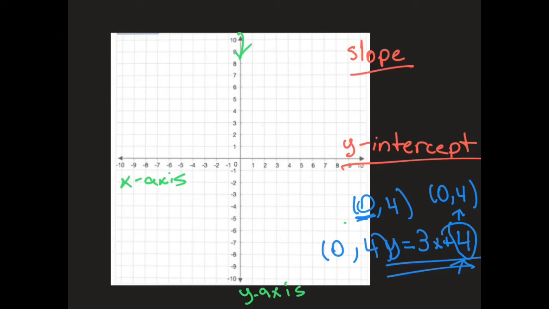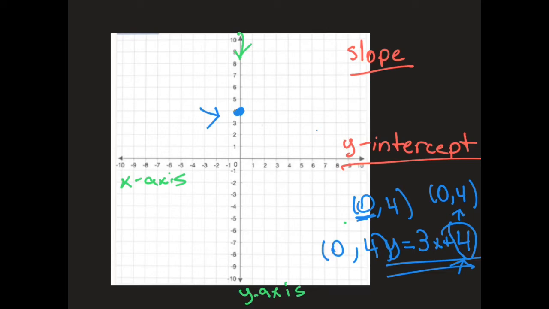So let's graph the point 0, 4 right here on our graph. This is it, 0, 4. So now we know this is a point on our graph, and we already have the first point of our line. So we're already one step closer to graphing our line. That's basically what we can use the y-intercept for: as the starting point of our line. So now, as I said, we're already one step closer to graphing this line on a graph.